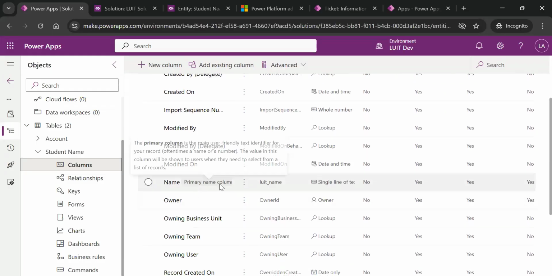This is the primary column of this entity. As everyone is aware of the primary key, only one unique name is unique for each entity. So we'll have one field as a unique identifier for that record. For example, that is the way here. So Microsoft has given us